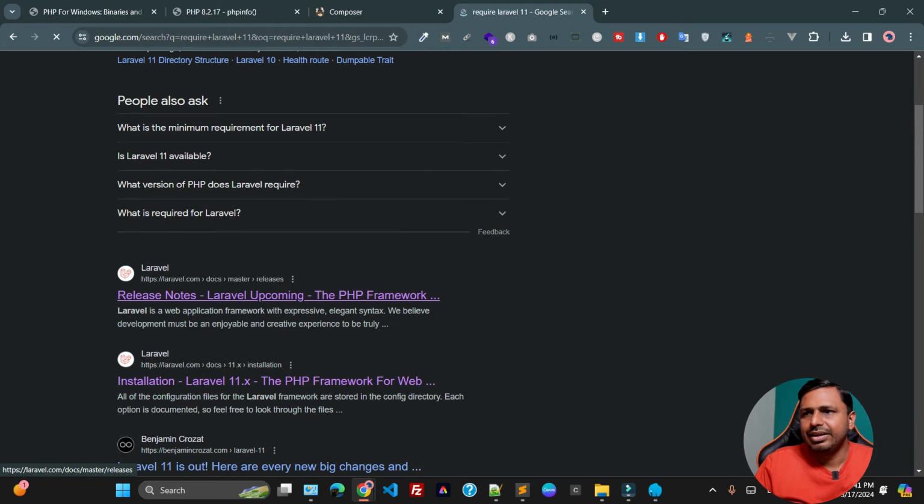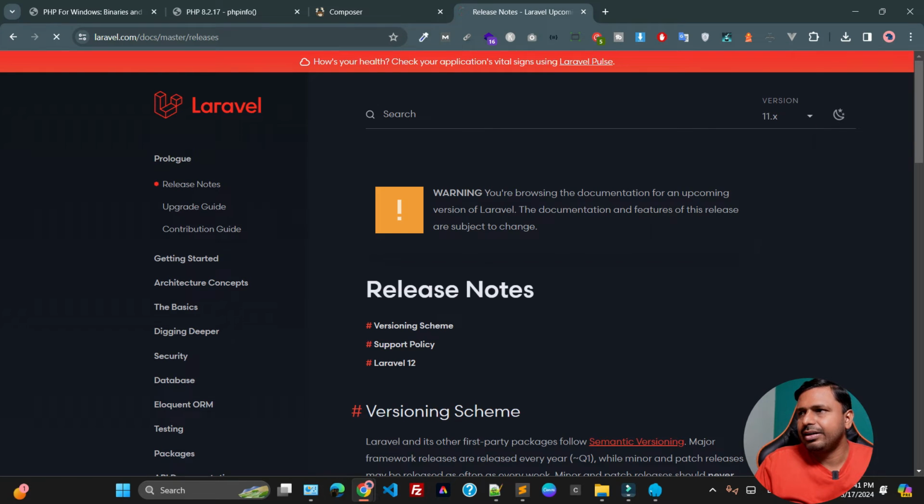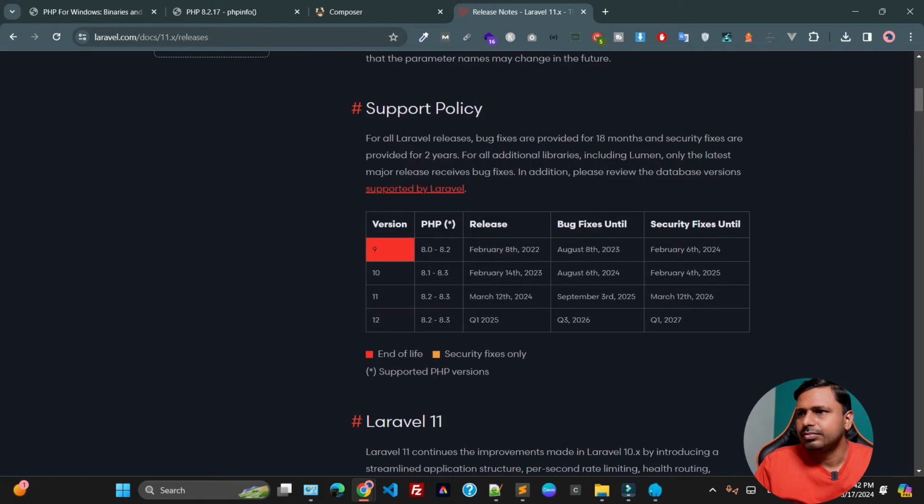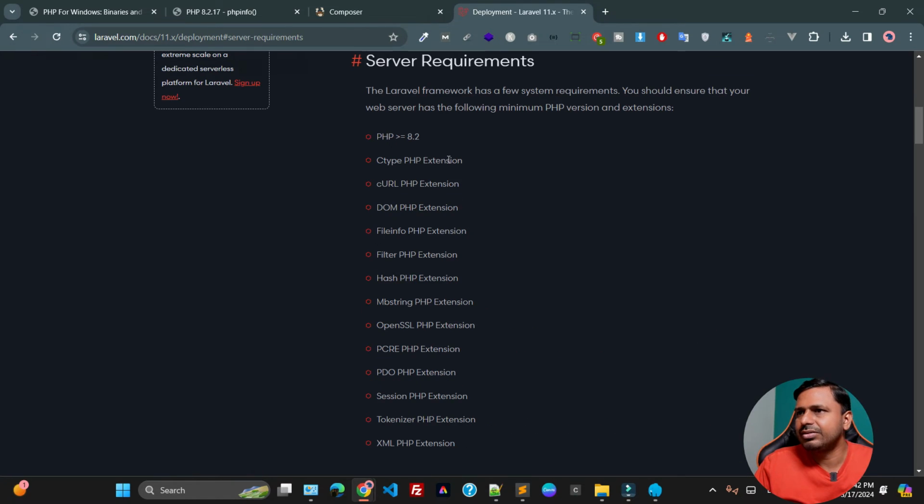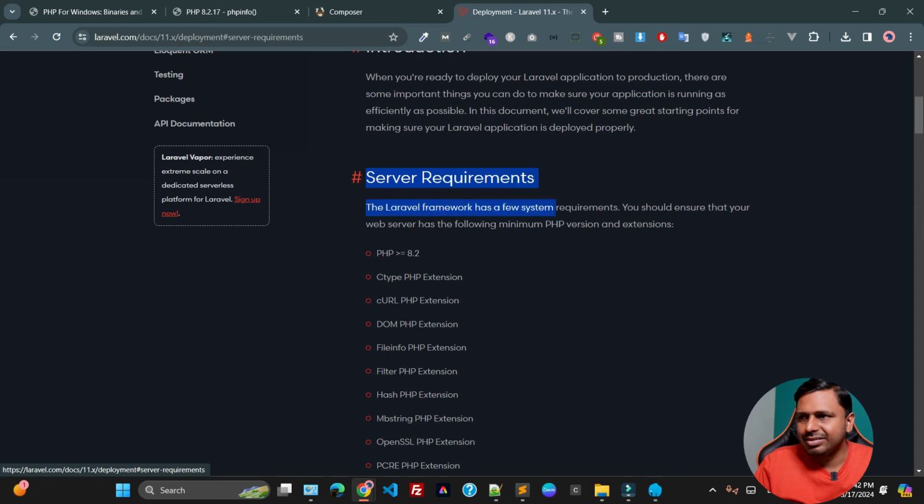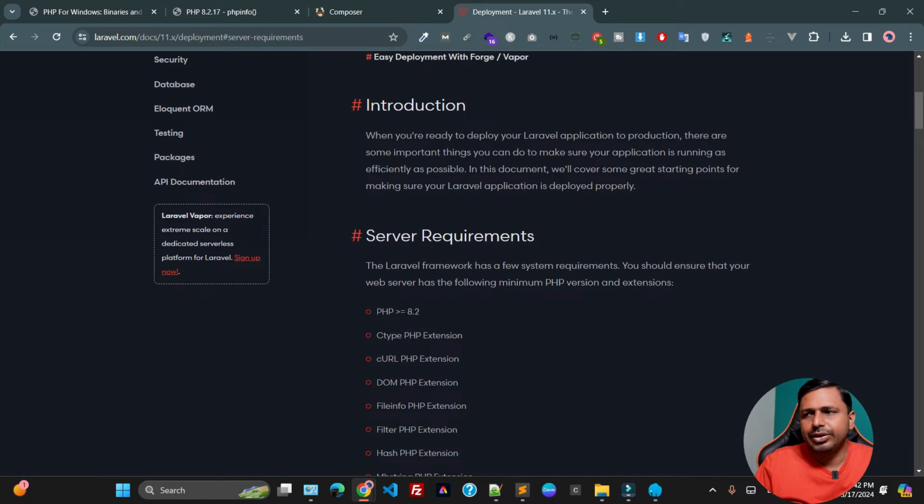If I search for requirements, and click on server requirements, as you can see, this is the server requirement. You need at least version 8.2, or greater than 8.2, that means 8.3. Okay, since we have already fulfilled the 8.2 requirement, now you have to download the Laravel